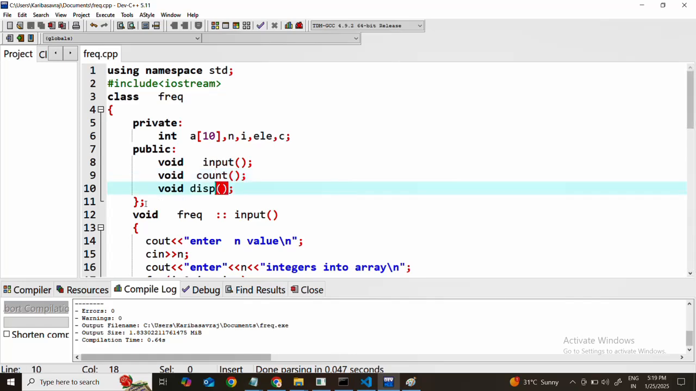Here the aim of this program is we have to create an array. After that we have to input one number, and check whether that number is present in the array. If it is present, how many times it is repeated in the array, that it has to display. Once I execute this program,